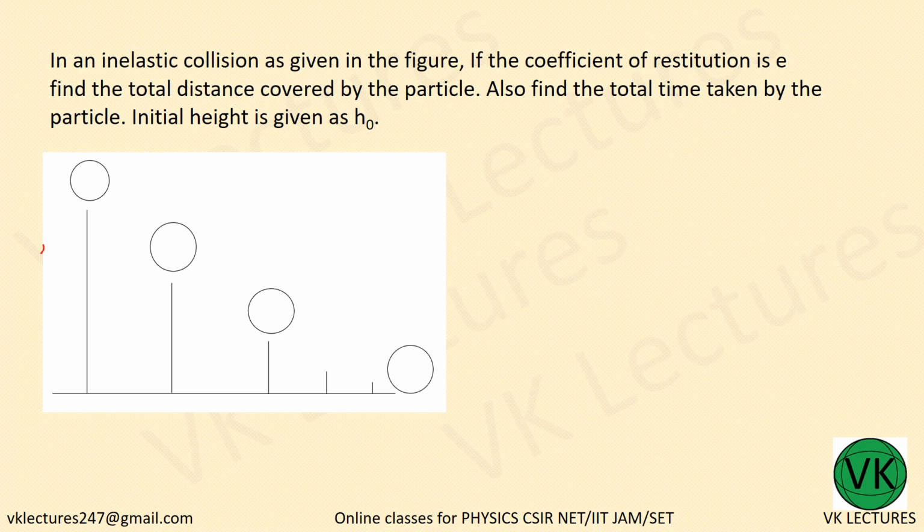So this is given as h naught. Now this is falling from a height, initially at velocity 0, and it is coming down and falling here. So it has covered h naught distance. From this, as I said, you can write the velocity when it reaches the ground as equal to under root 2gh. This is nothing but from v square minus u square equal to 2g